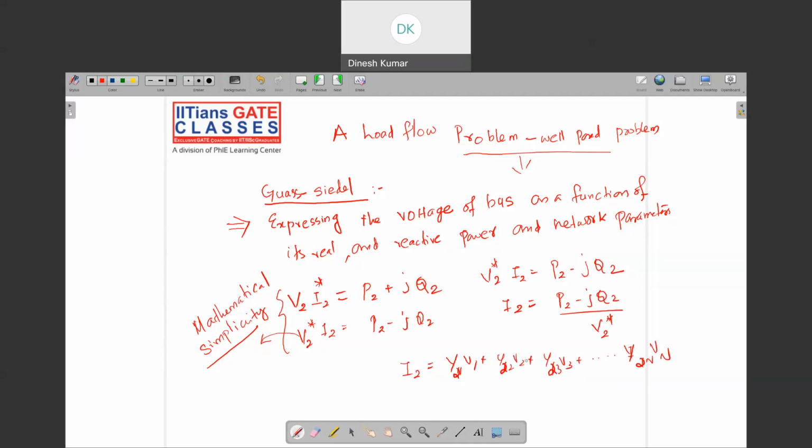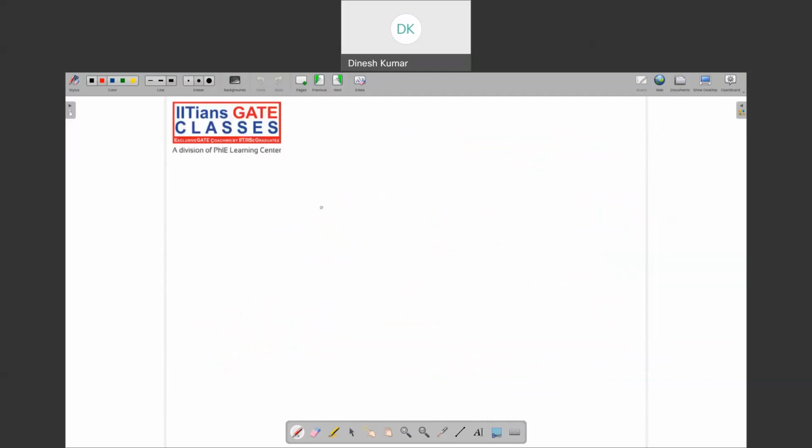So here comes the mathematical simplicity. If I take I2 star here, we have to take the star of all the things. That is very complicated, right? So instead of that, we are actually taking the I2 only here. That means we can directly substitute it here. That's where the mathematical simplicity actually comes. So I hope you understand now. So if we substitute these two equations together, what we are getting is